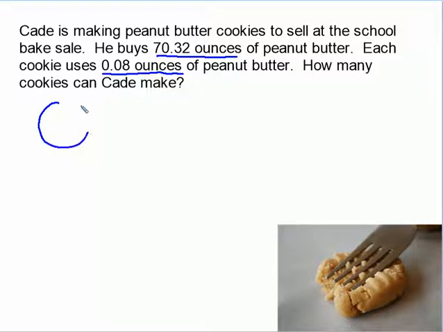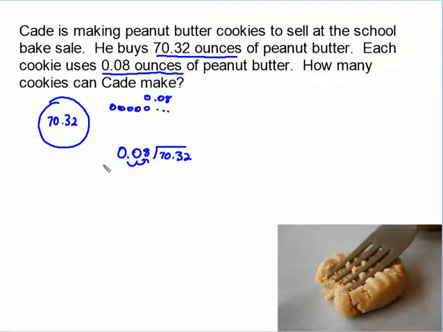Once again, we've got this large bunch of peanut butter, 70.32 ounces, and we're dividing that up into little bitty pieces, and each one of these is 0.08. So we're going to be dividing. What we do then is we take it and we set up our problem. 0.08 goes into 70.32. But again, now we have decimals on both sides. So we're going to move it over, and we're going to say 8, and then we'll move this decimal point over 2 times, 1, 2. We'll take that into